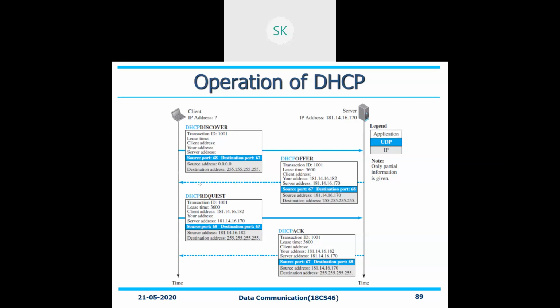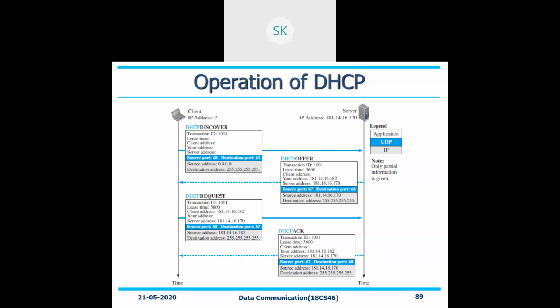With respect to this, your particular client acknowledges or gets that particular offer. Once it gets the offer, it will fill the client address with the address that has been sent, and your address will be kept blank, and then the server address will be taken care of. With respect to that, source address and destination address will be taken care of, and the request will be sent to the server. For that, acknowledgement will be written back. So this is how the transaction or the operation will be transmitted.